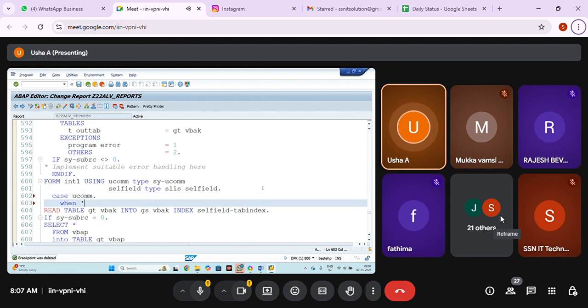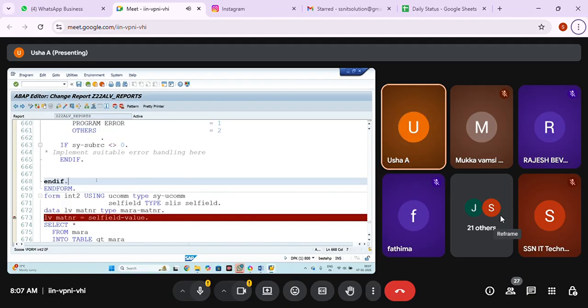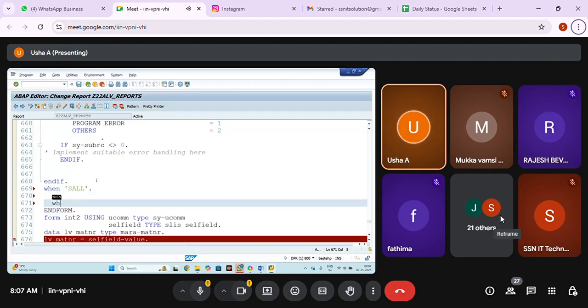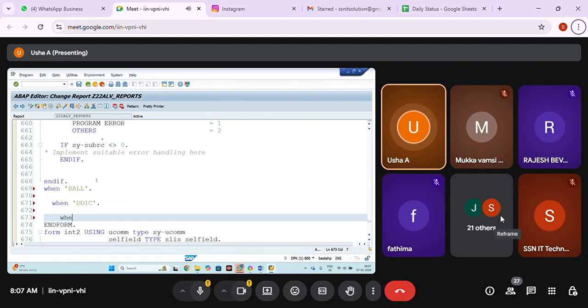When this, it should display unsymbol IC1, so at that time only I want this line interaction. After that, when ALL, what to do? When DDIC, what to do?